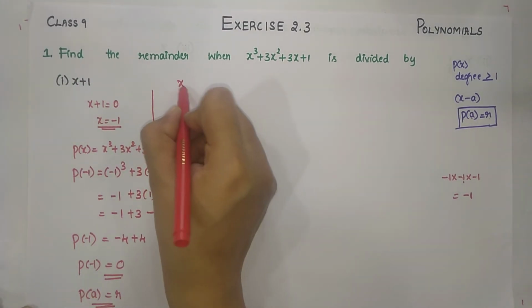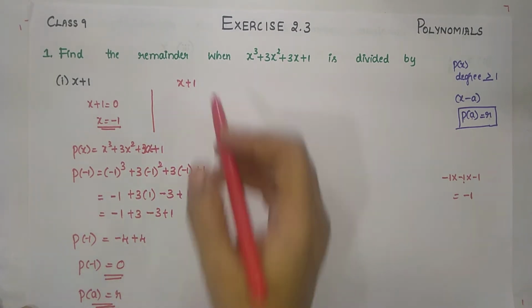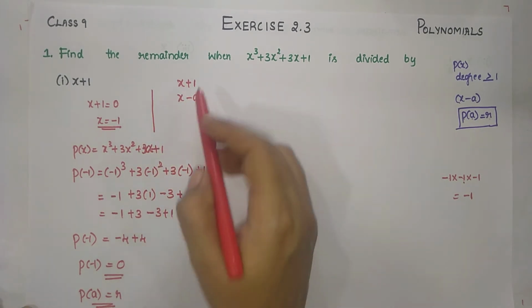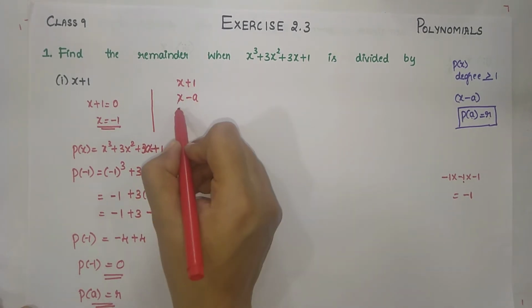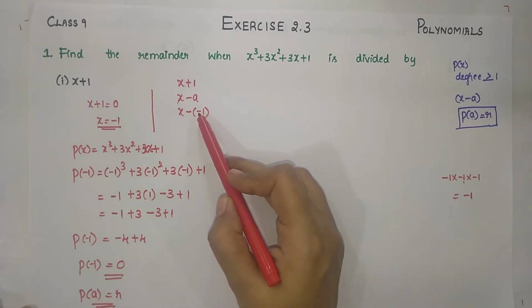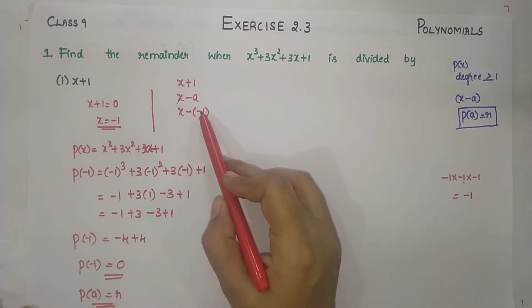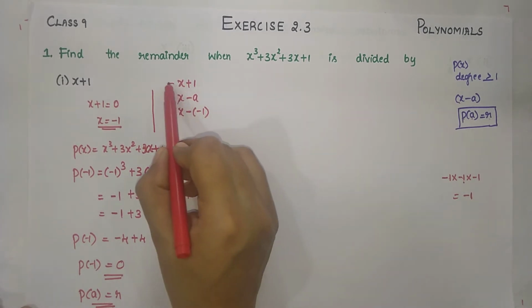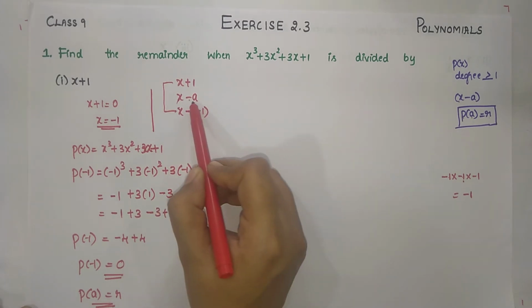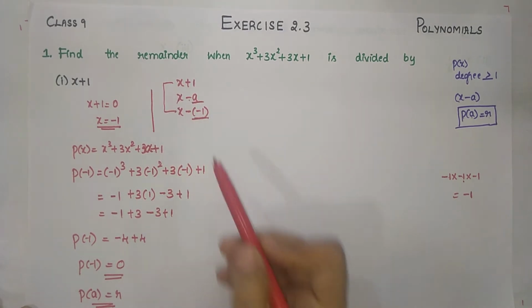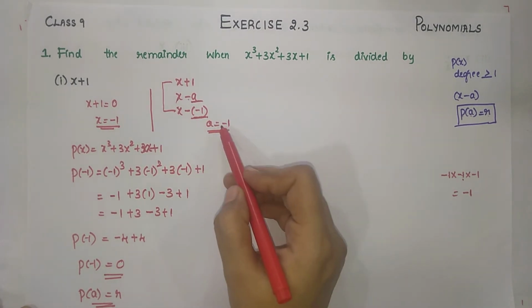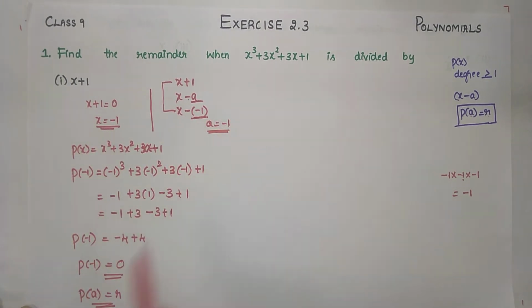That is, the given linear polynomial is x plus 1 and we know that it is in the form of x minus a. So you can write this x plus 1 as x minus of minus 1, because minus into minus is plus. So it is minus into minus 1 is plus 1. This is nothing but x plus 1. So we have x and minus as it is. Then in the place of a it is minus 1. So it is nothing but a value is equal to minus 1. And this x value is nothing but the value of a.